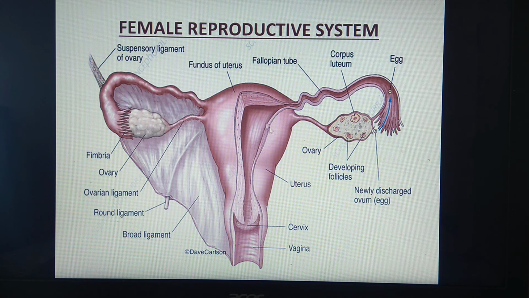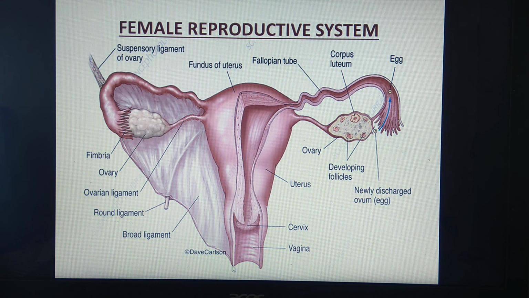The uterus also has 3 parts: the upper part fundus, the body and the cervix. Structurally, the outer layer is called the peritoneum, the middle layer is made up of smooth muscle fibers called the myometrium, and this is the endometrium. So there are 3 parts and 3 layers in the wall of the uterus. Its function is implantation and development of the embryo. The cervix opens into the vagina. The vagina is present between the cervix and the vestibule. The function of the vagina is to act as the birth canal as well as the passage for the flow of menstrual fluid.